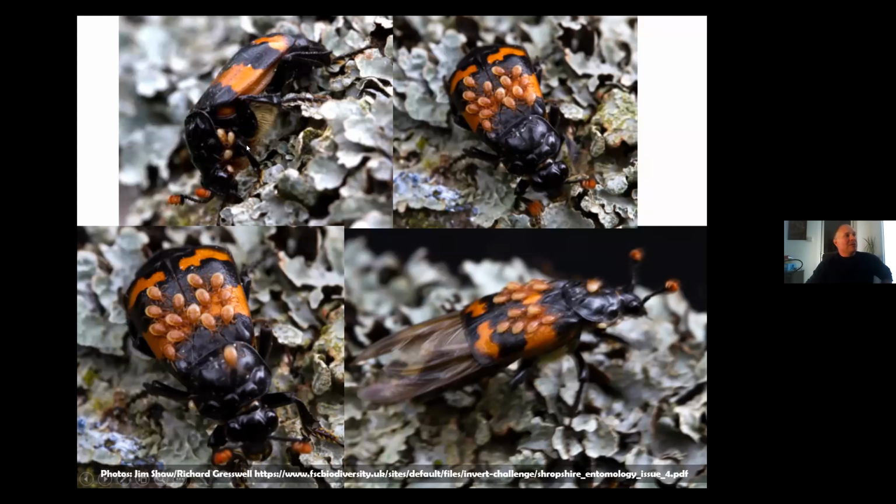And most of the time when the beetle is roaming around doing its business, the mites are hiding underneath its elytra, or hiding underneath various other crevices on the beetle. However, at some point they seem to realize that the beetle's about to take off, so they all run onto its back. They seem to align themselves, perhaps with the orange markings on the back, which is weird because they don't seem to have any eyes, but maybe those orange markings are to do with helping to camouflage the mites